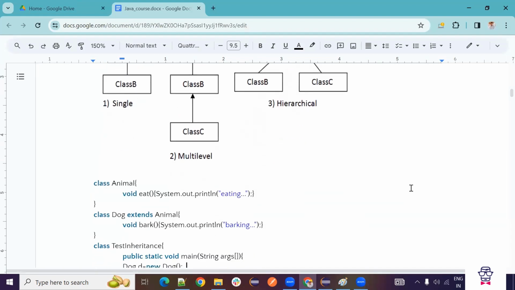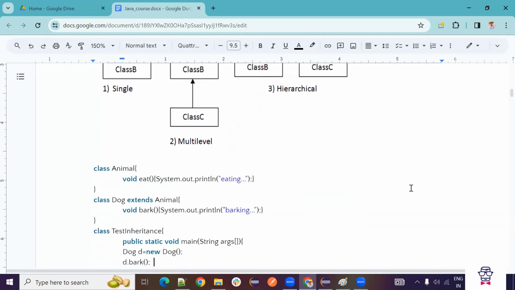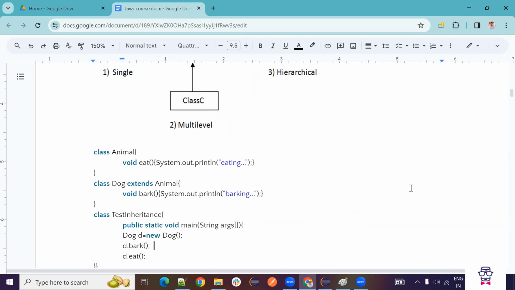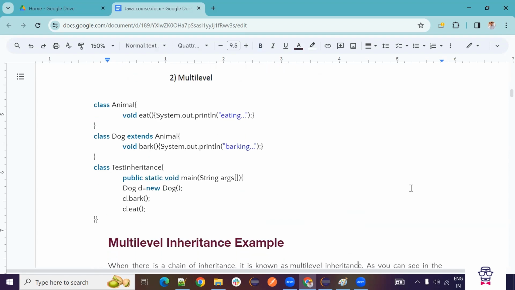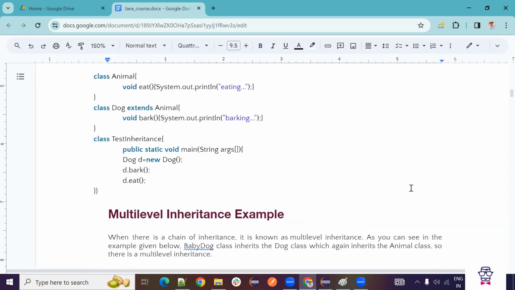If we compare this with real time, it is easily understandable. This is the main and core concept of Java. If you go to a real-time project also, I will show you a real-time example after some days. Once these concepts are completed, there you will see this inheritance only.